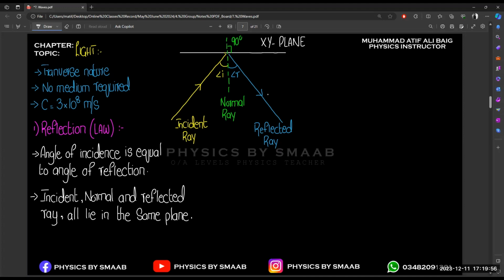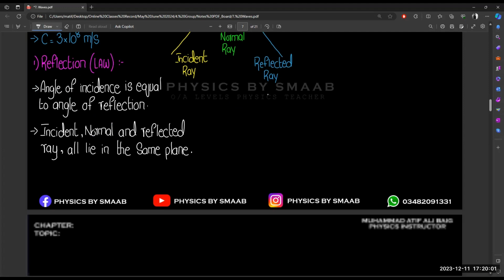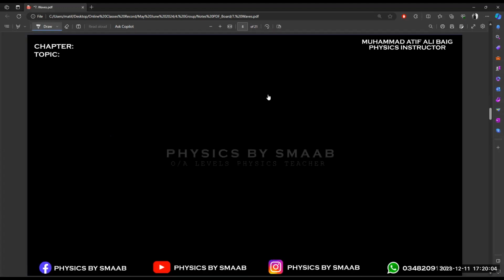So let's suppose we consider the concept of the plane mirror. For reflection, we have only one concept that is related to the mirror image. Because in this chapter, we will also learn about lenses, and there are two types of lenses included in your chapter. After learning all the concepts, there will be some confusion between lenses and mirrors. So that's why you have to have a clear idea of how the mirror works with a ray diagram and how the lenses work with a ray diagram.